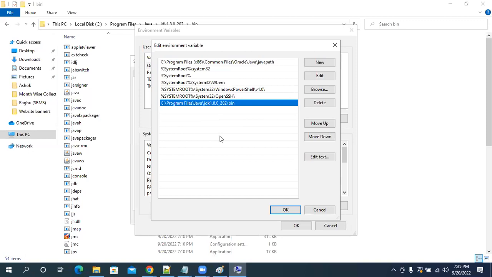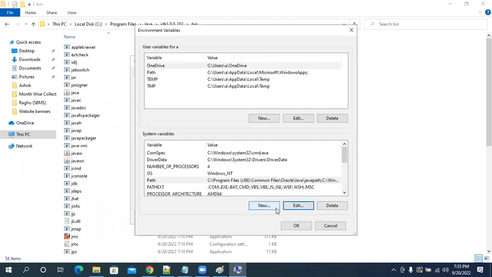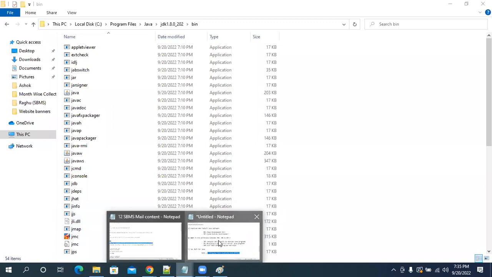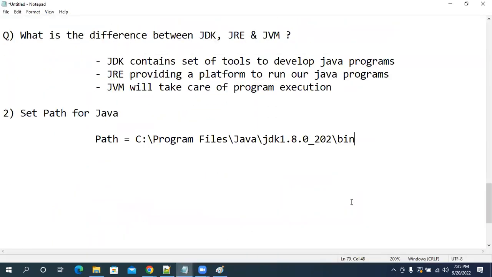So why do I need to add the path for Java? To tell my system where Java is available, where Java tools are available in my system. I'm setting the path. Click on OK, click on OK, click on OK. Path setting is completed. Where am I setting the path for Java?